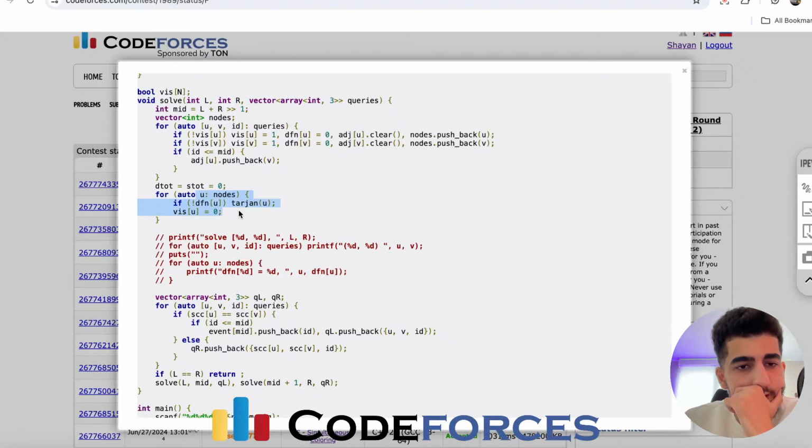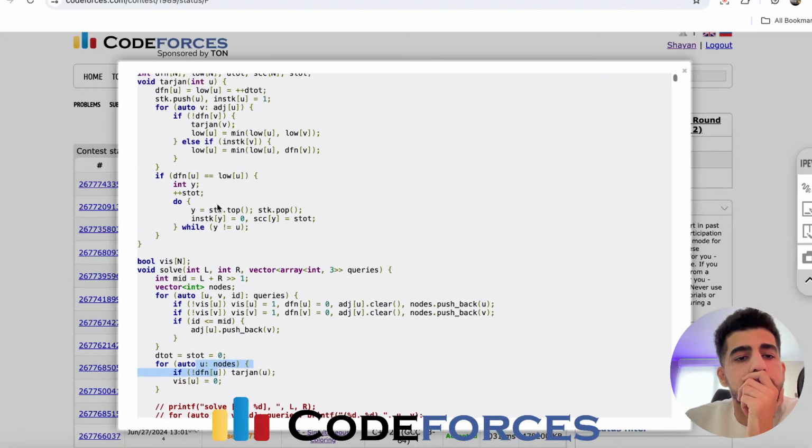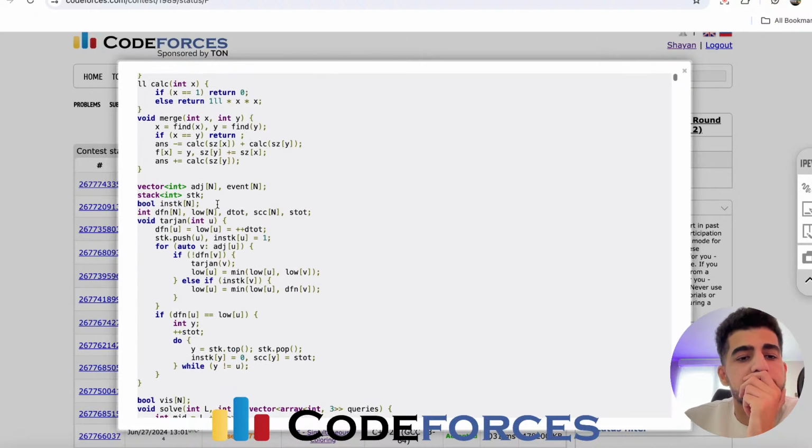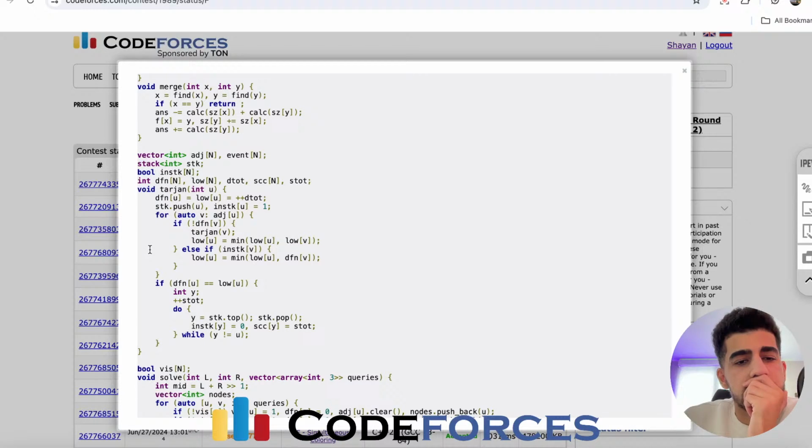And then for v out of u's neighbors, if you have a Tarjan: if not dfn of v, Tarjan of v, low of u is equal to minimum of low of u and low of v. If dfn of u is equal to low of u,